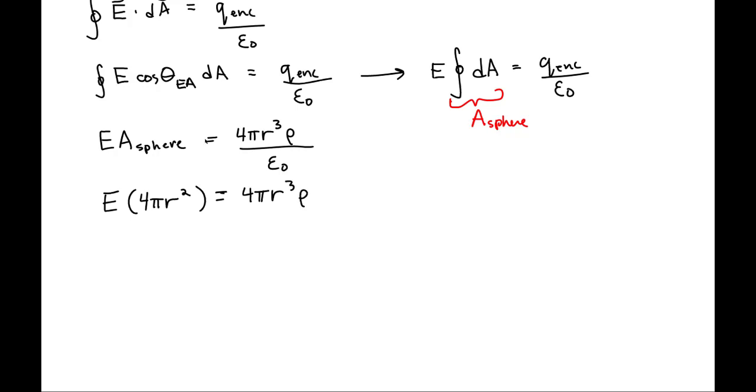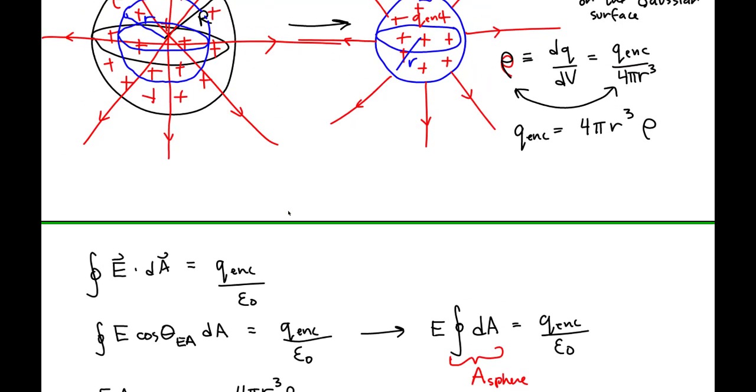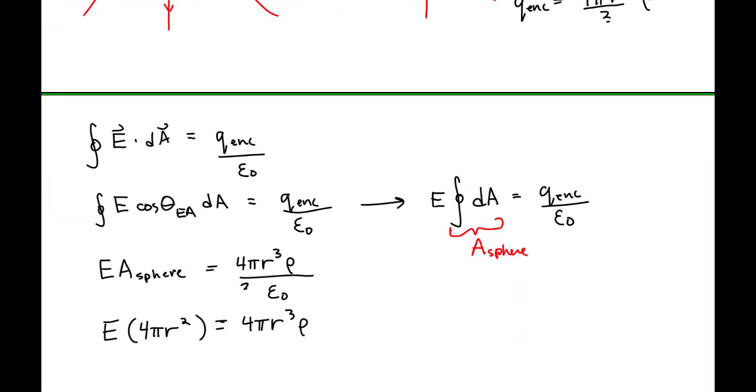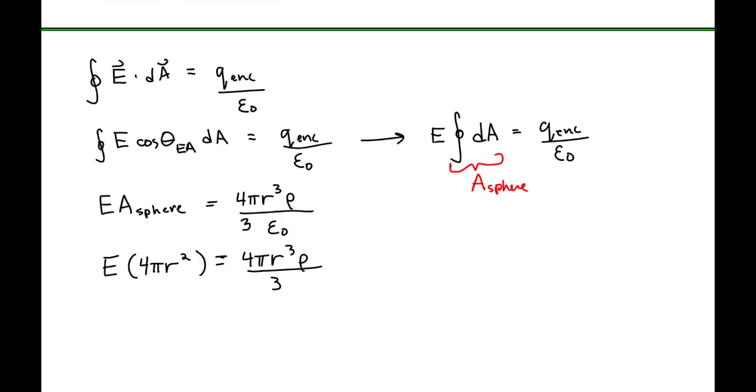Ooh, I made a mistake. The volume of a sphere is 4/3 pi r cubed. So let me put a 4/3 down here, and this is a 4/3 right there, and this is a 4/3 right here, and this is a 4/3. Glad I caught that. We would have been off by a factor of 3. Okay, so